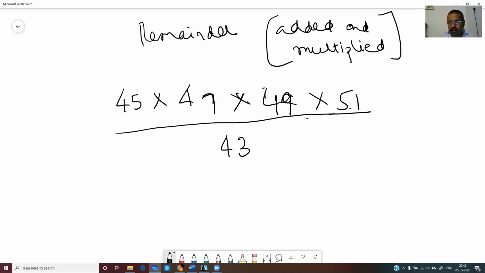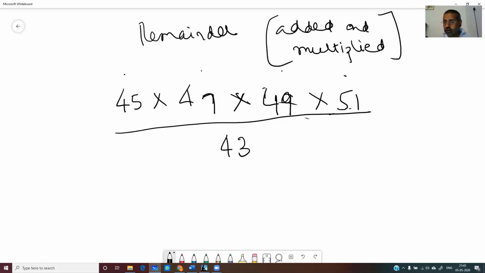What is the remainder when I multiply these values? One way of doing it is you multiply 45 into 47 into 49 into 51, use a calculator, then divide by 43. You don't have to do that. You can take the individual remainders. Whatever we've learned so far is something a lot of people know, except probably 11. But this next thing is very important, and you might not know it. So listen carefully. Take the individual remainders.